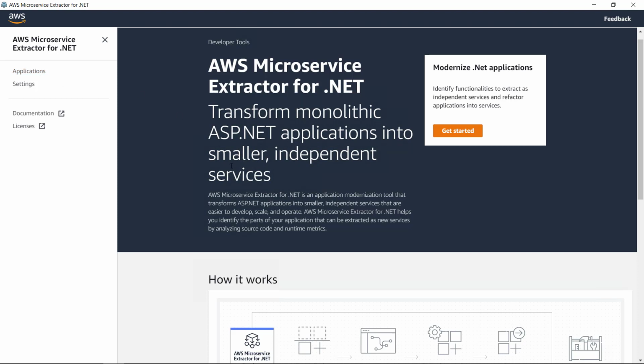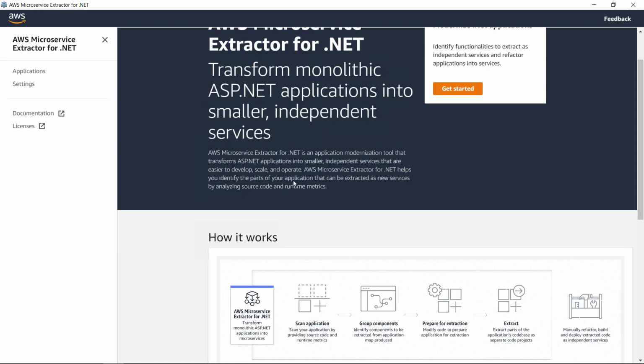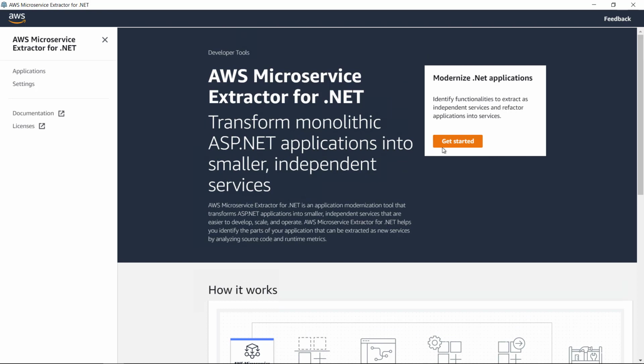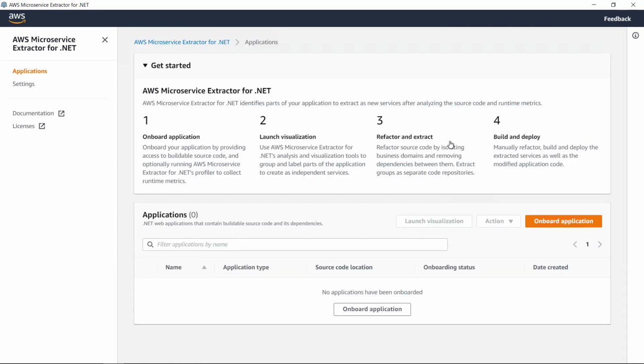On the home page, you'll see information about how Microservice Extractor works and how it will take you through multiple stages. In stage one, it's going to help you scan your application code and then visualize different parts of the application. And then it will let you group different parts of your application before you can extract those parts as independent services. To get started, click on the button at the top which says Get Started.